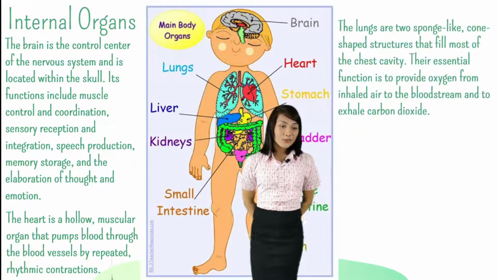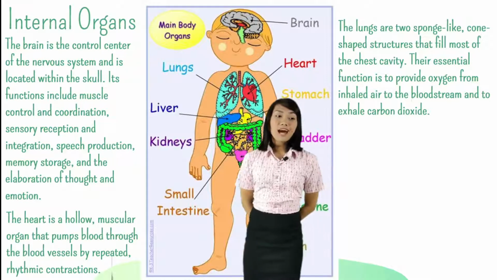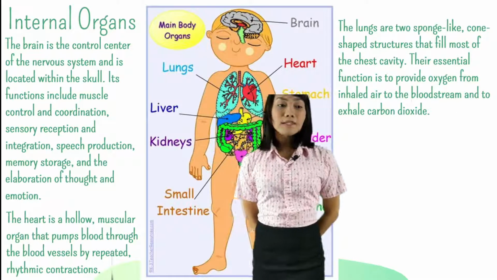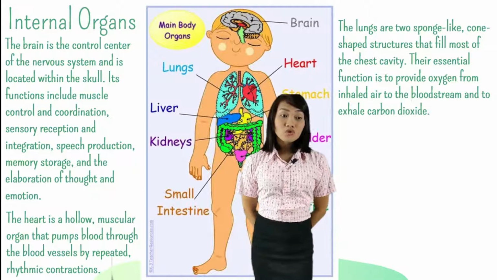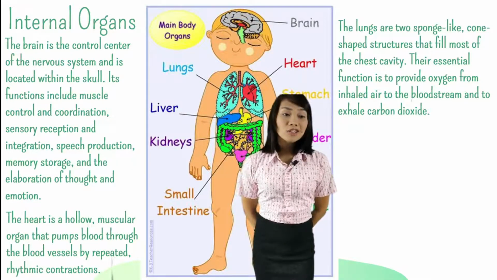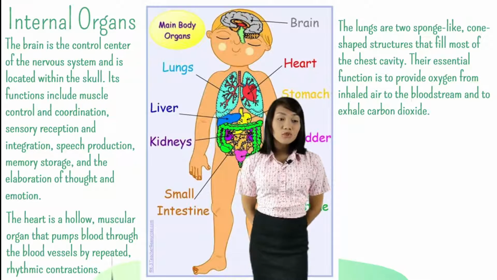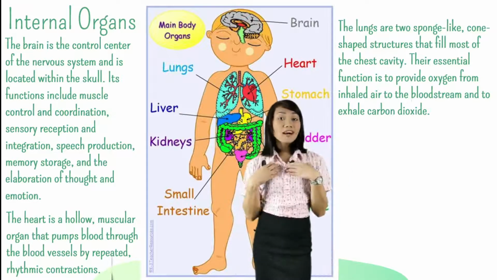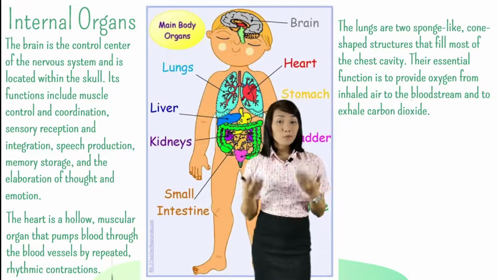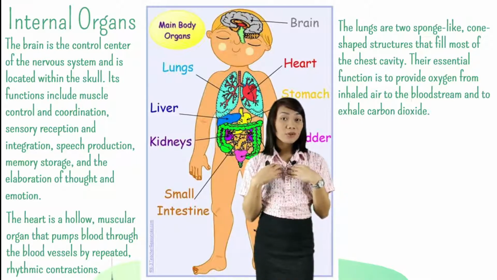Next, let's move on to the lungs. So these are the lungs. Lungs are located here. Now, what do we mean with lungs? Lungs are sponge-like structures that fill most of the chest cavity. Their essential function is to provide oxygen from inhaled air to the bloodstream and to exhale carbon dioxide. So, lungs are primarily responsible for breathing. That's why we can breathe properly, and we can store air through lungs, and we can also exhale using our lungs, and we produce carbon dioxide for